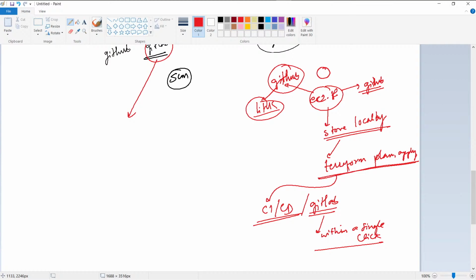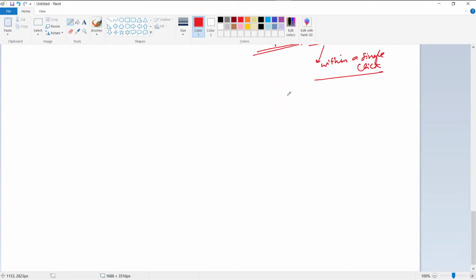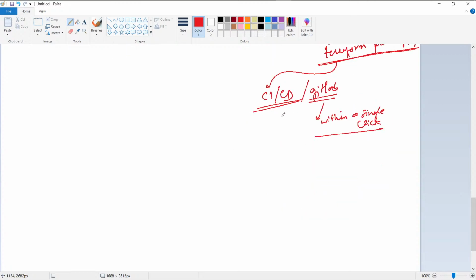But if you are getting the error in the CICD, that is in one of your SCM tools, you can share the link saying this is the error I got, so they will be able to resolve it as soon as possible. Okay, this is one of the small parts I just told you, but I haven't told you the main part of